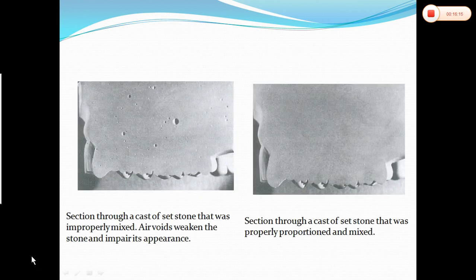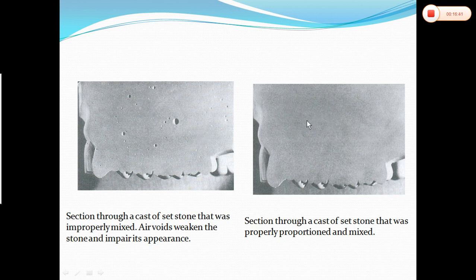See here. Once the cast is set and if you section it, see this set stone. It is improperly mixed. As there are air bubbles, you can see the voids. Because of these voids, this cast will have weaker strength. Whereas see this, compared to this, it is smooth and continuous.